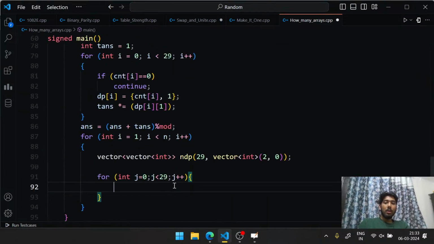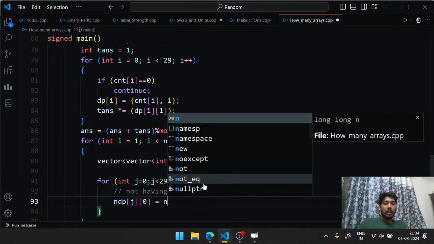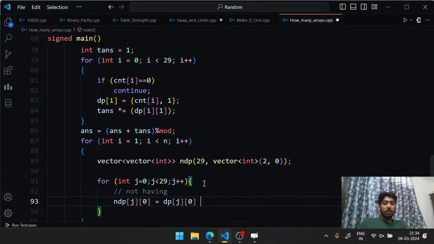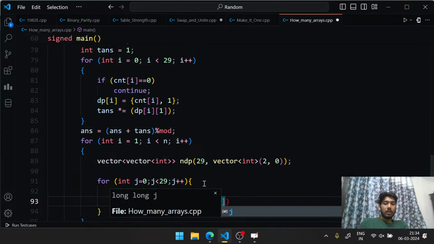Now, for each and every j, what I need to update is basically NDP. NDP of 0 will be equal to not having. What will not having be? It will be that whatever you could not take until now, still don't take it. So do dp of j of 0 multiplied with count of j, I guess,